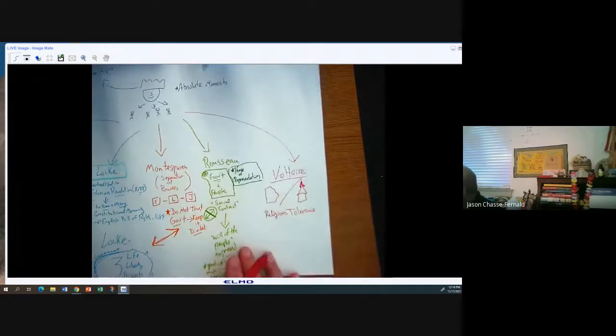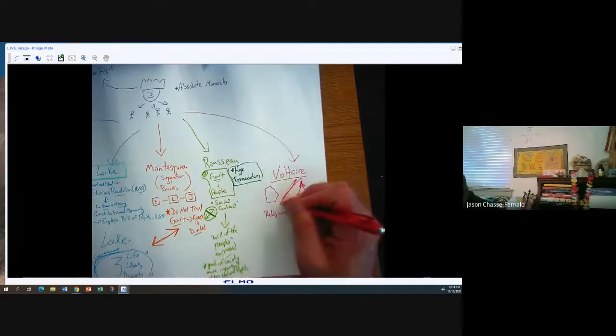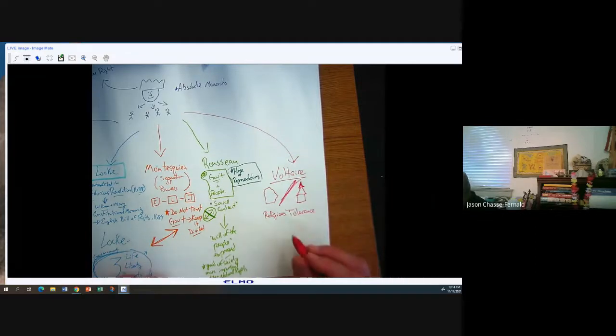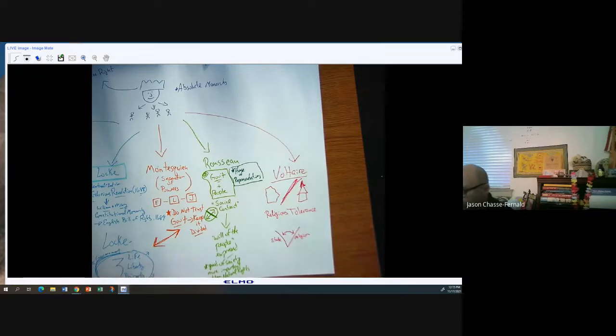So religious tolerance, and that there needs to be a division between the church and the state, right? And of course, I like this idea of using the letter V of Voltaire's name to symbolize the split between the state and religion. All right. Separation of church and state. All right,